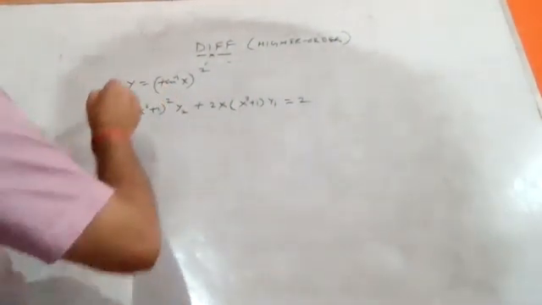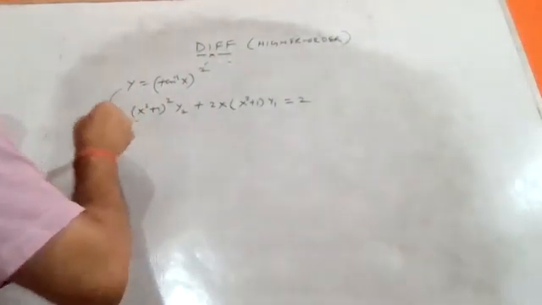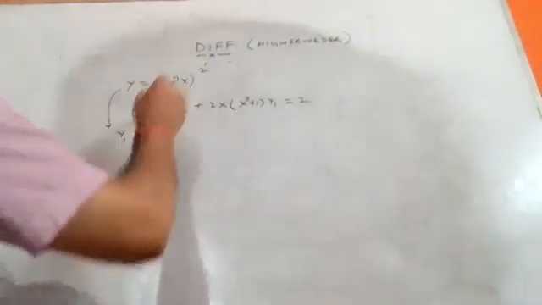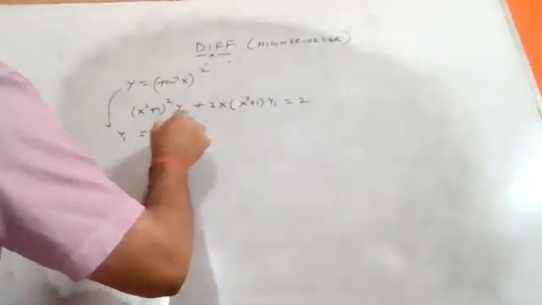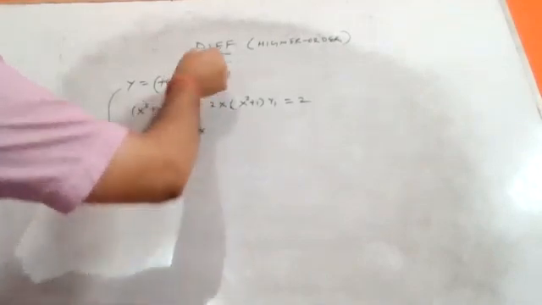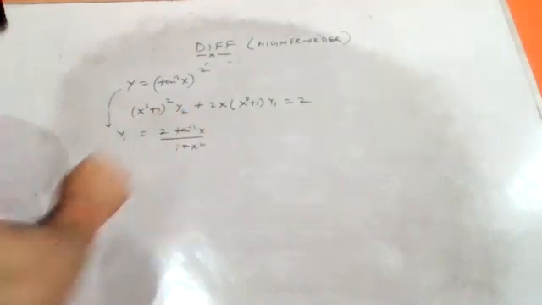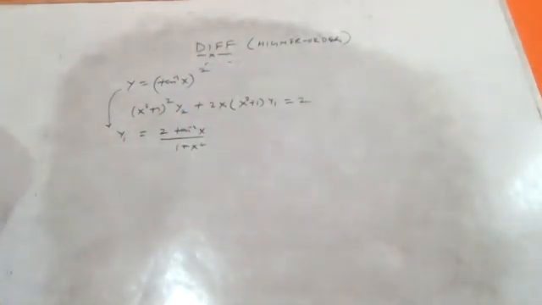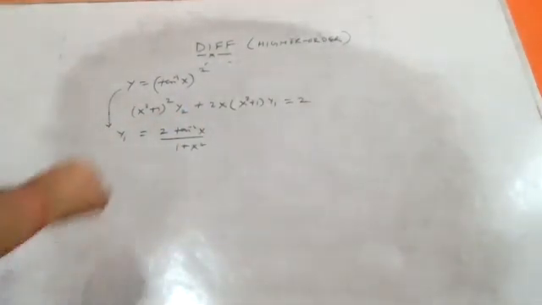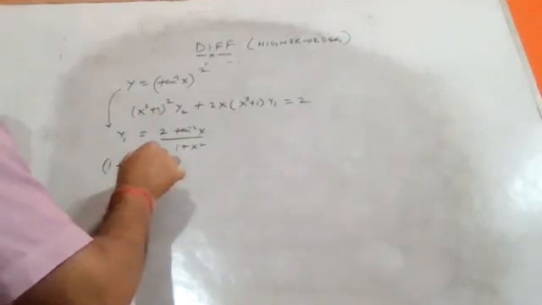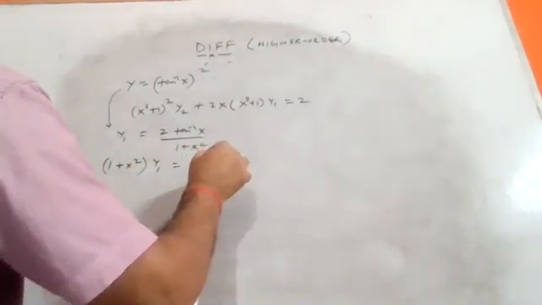This is our question. So differentiating on both sides, we will get y1, the differentiation of y. Use the chain rule. Here it is 2 times tan inverse x, and the differentiation of tan inverse x is 1 upon 1 plus x square. Going for cross multiplication, 1 plus x square, y1 is equal to 2 times tan inverse x.